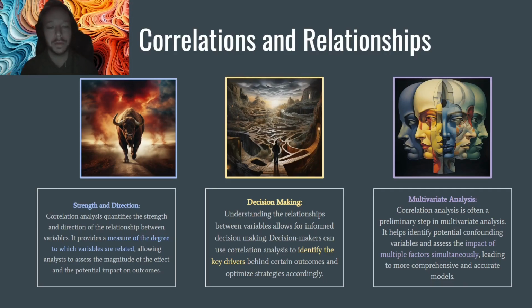Okay, some other things that we really want to understand when we're dealing with correlation in relationships. I think a major thing that we want to understand is the strength and the direction of the relationship. Is it positive? Is it negative? I mean, I think that kind of seems common. Is the line upward sloping or downward sloping? This helps us determine if it's a positive relationship and how they're related so that we